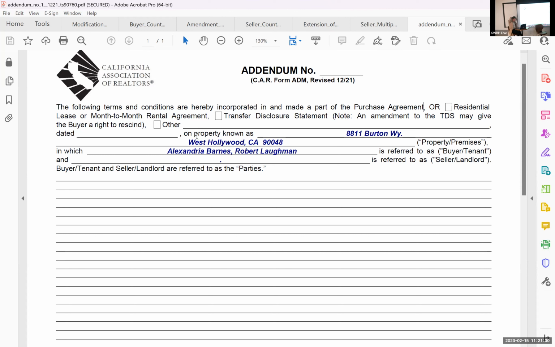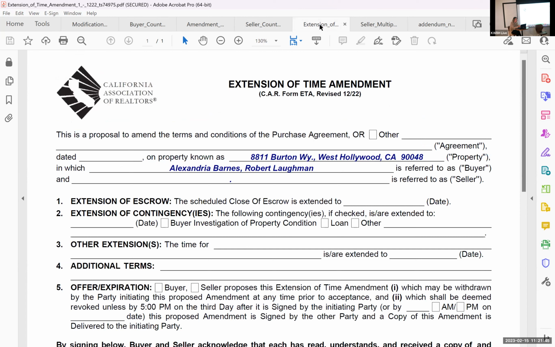So we're not going to go over every single type of addendum, right? But I want you to know that there are a lot. So before you use a free form addendum, search around in Zip Forms and see if one already exists. A really common one is the extension of time amendment. We have a lot of time frames in our contracts, right? We have contingency deadlines. We have close of escrow date. We have contingencies for seller to deliver items to buyer. Well, if anyone needs more time,